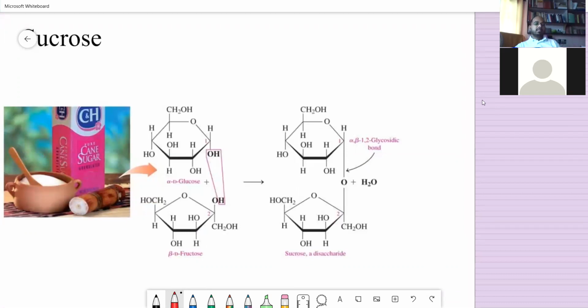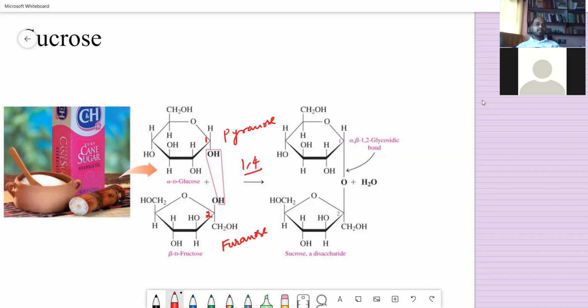Okay, so note the points there. Here you have first carbon and here you have second carbon. Here you have pyranose form. Here you have furanose form. Suppose if you have both 6, then the linkage is 1,4.